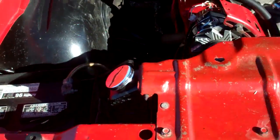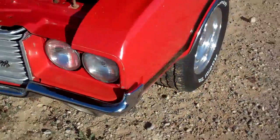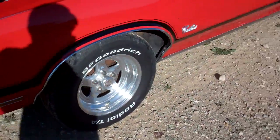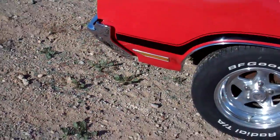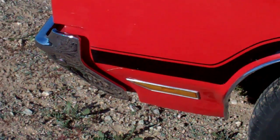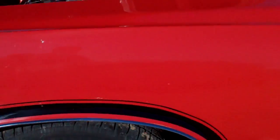House, and so it's been started about once a month for the last 10 years. But the engine probably has less than 30,000 miles on it. It just needs a good home. There's another little scratch up there towards the front by the marker. Doesn't show up good on this camera, but a little ding on the fender, a little ding down towards the